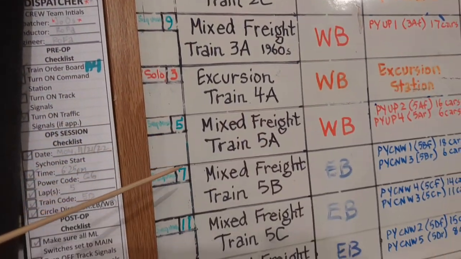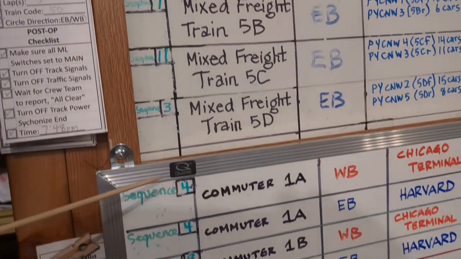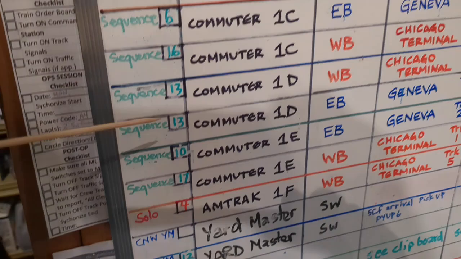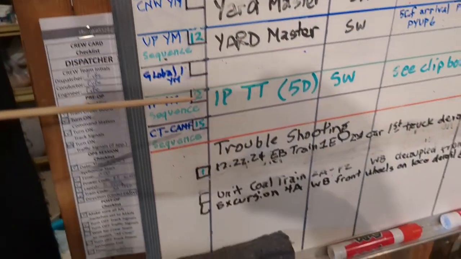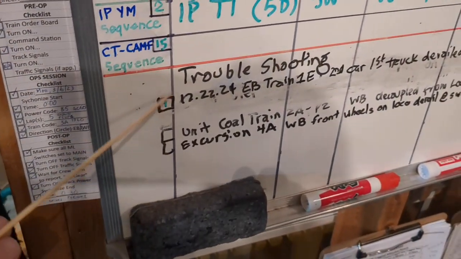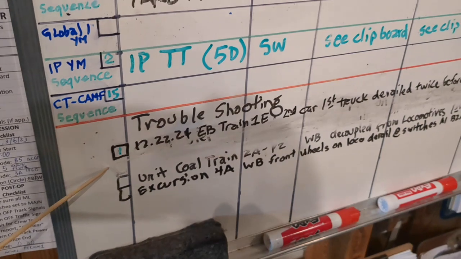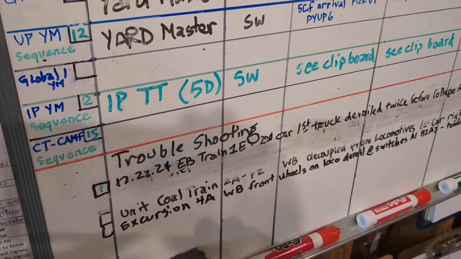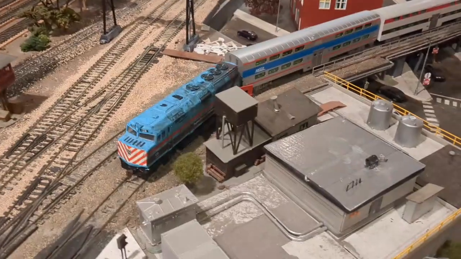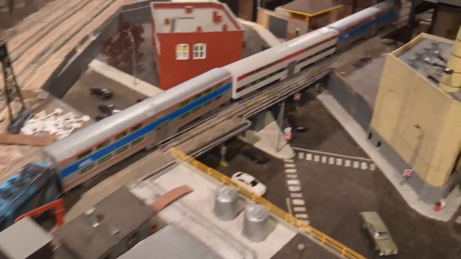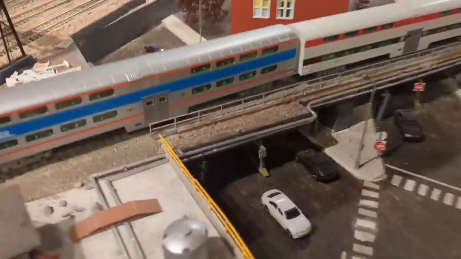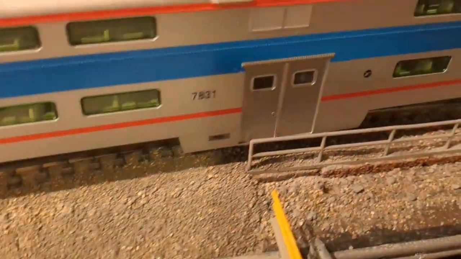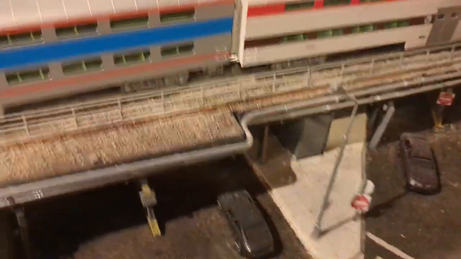So we start, it's the green numbers. The very first job I'm going to do is right here. I'm going to troubleshoot this commuter train 1E. In fact, let me show you that one on the layout. Last Monday, Rob started taking this out. This is the train that, if you look at the number, 7831,